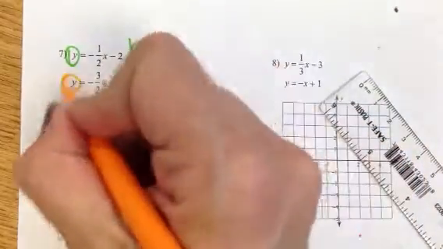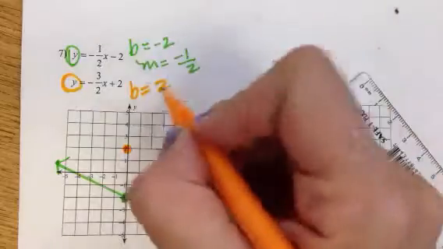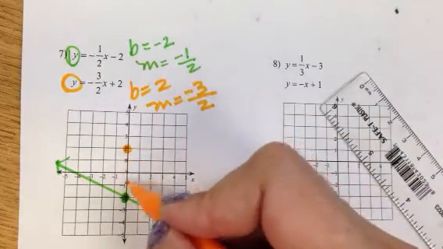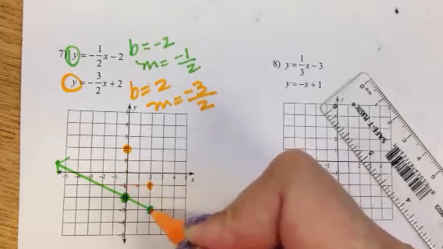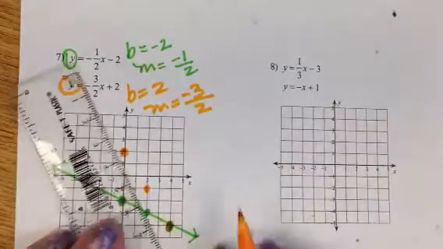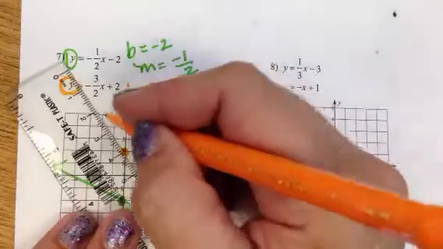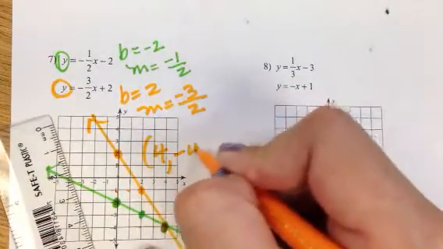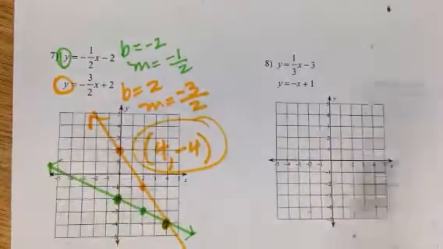Second equation, my b is 2. Starting at +2, my slope is -3/2. Down 3 to the right 2, down 3 to the right 2. There's that point of intersection. This has one solution at 4, -4. Last but not least on this page,